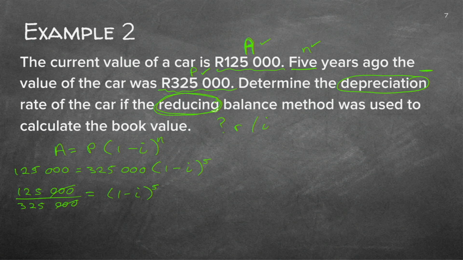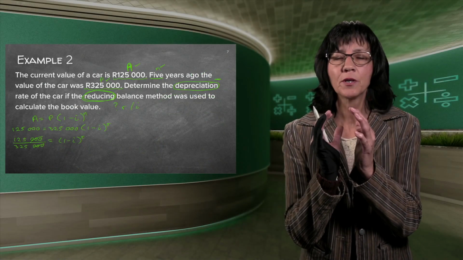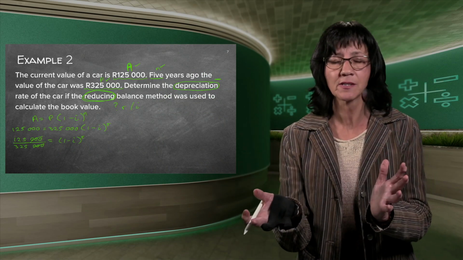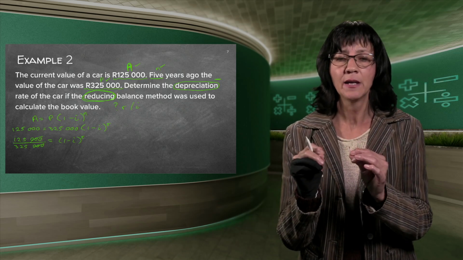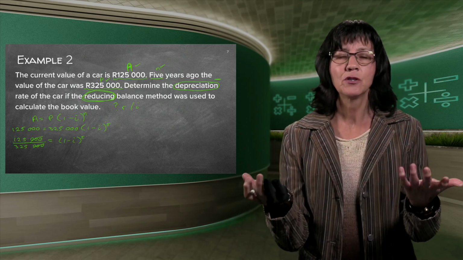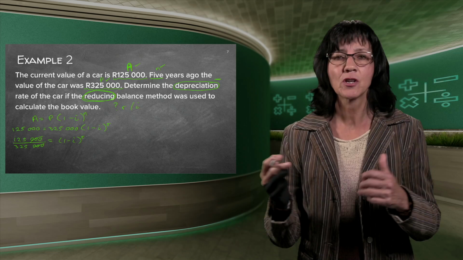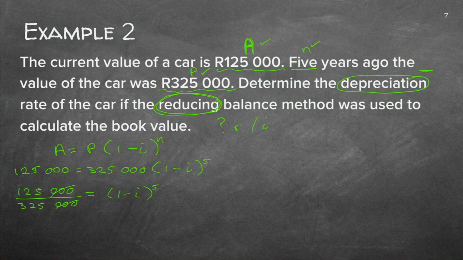You want that I all alone. Remember, you can never work inside a bracket if there's still stuff on the outside. It doesn't matter where on the outside. So I can't touch that I and the 1 at this stage. I need to first get rid of the 5 because the 5 is furthest away from the I. And how does one get rid of an exponent? You draw the 5th root. And remember, where you get that 5th root, there's a little button that's got a little block there and a block there, and it's opposite the block that says x to the power of that little block.